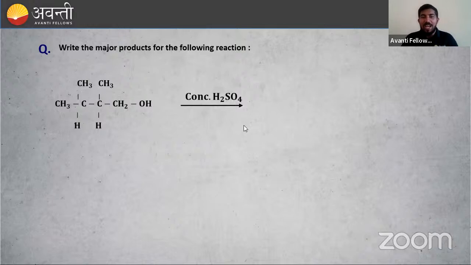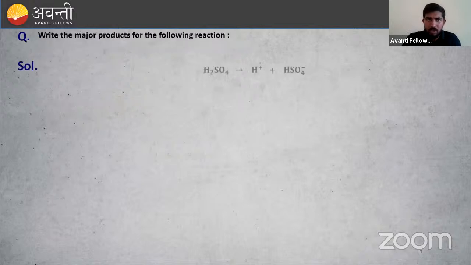Okay, good. So, concentrated H2SO4. Simply, you can remove OH and hydrogen, but it is better to write the mechanism. Otherwise, there is a chance of getting a wrong answer, right? So try it. What will be the product obtained here? You have to try it. Let us do it together, that will be better.